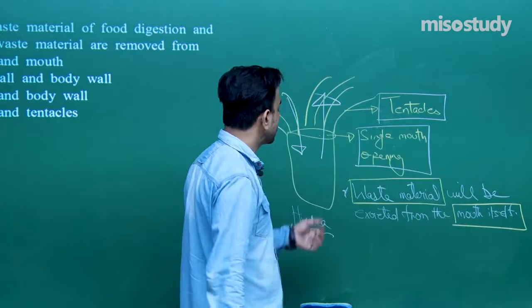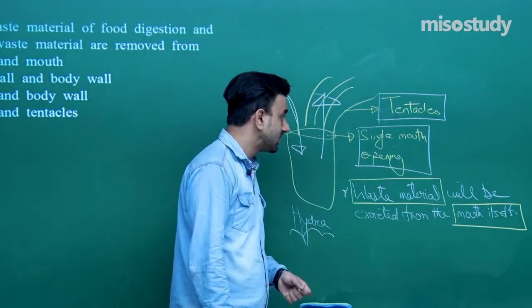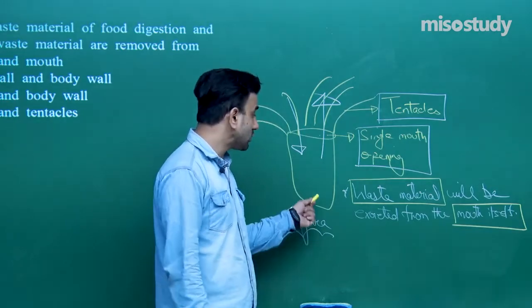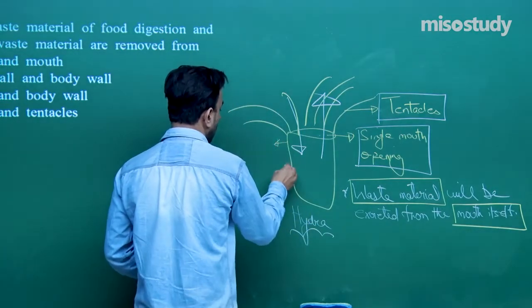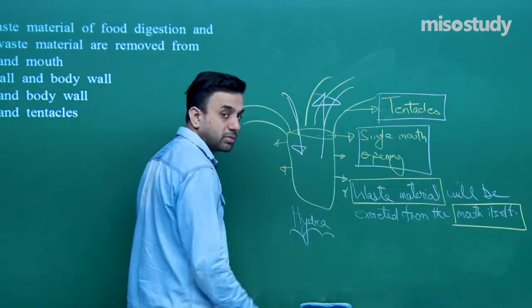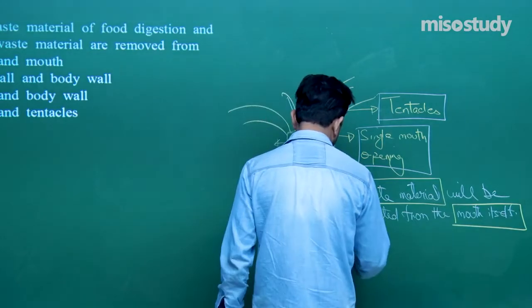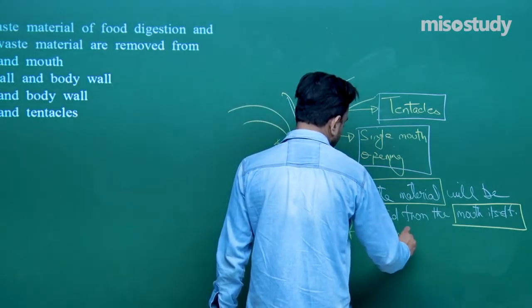Okay. So the waste material will be excreted from the mouth itself. However, what we see is that the nitrogenous waste will come out from the body wall, right? So what we will see is nitrogenous waste